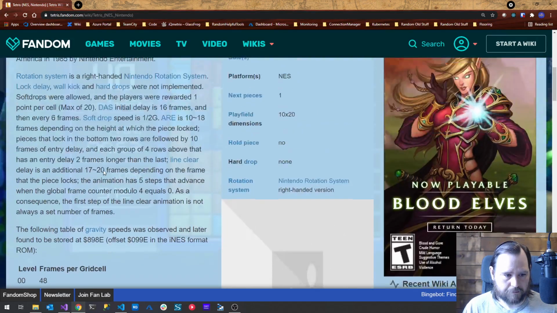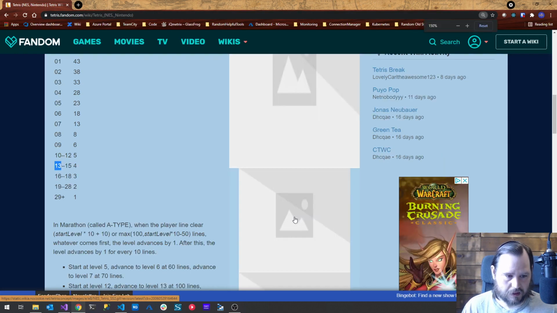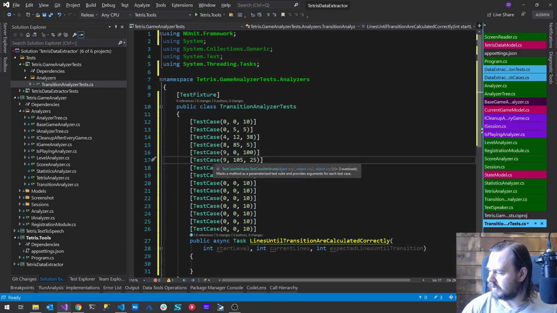At 100 lines, you get to 10. 120 lines, you get to 12. So 130. 130, you're going to get to, yeah, whoops. So you're looking for 130 for your speed increase. So that'll be 25 lines. Hopefully we're not